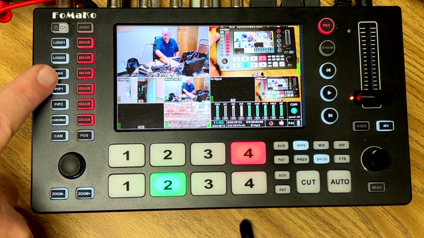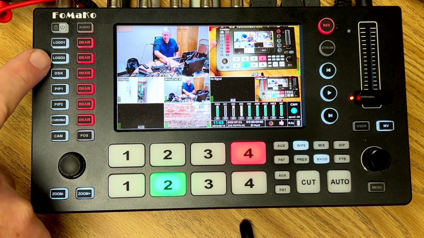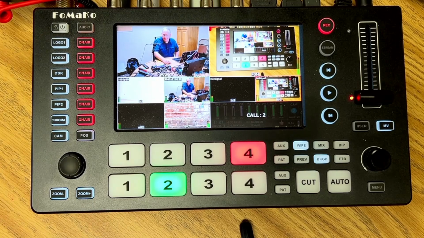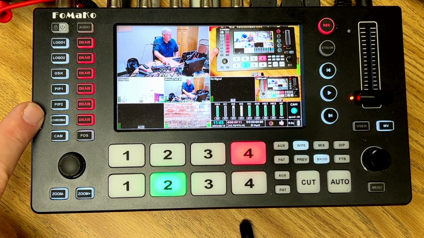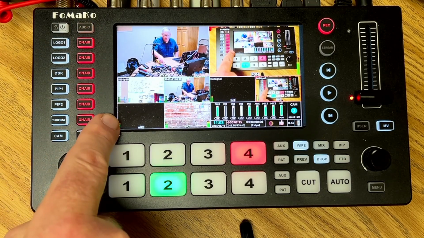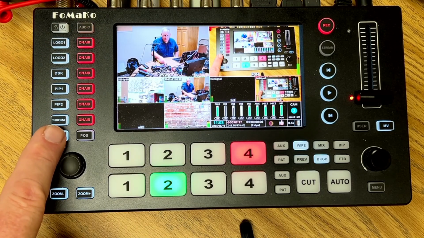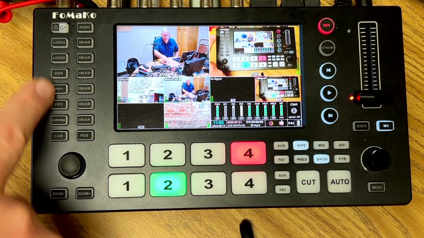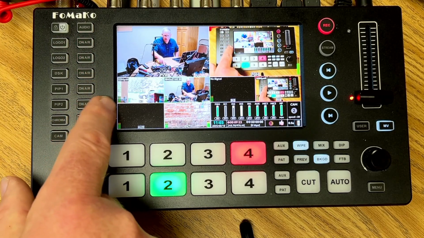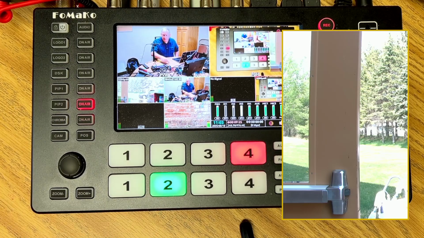So once again, all you've got to do is hit the button once they're set up, and it will go to where it is. But over here are the setups. Over here are the calls. Once you are done with your presets, just hit the cam button. It shuts them all off. Now you can go back to using these as on-air